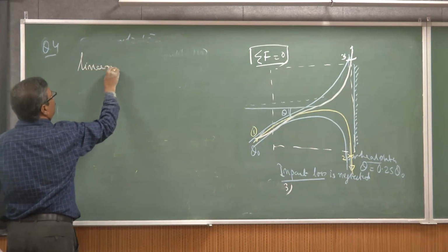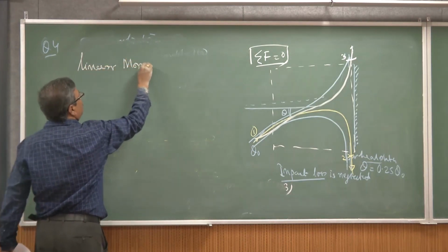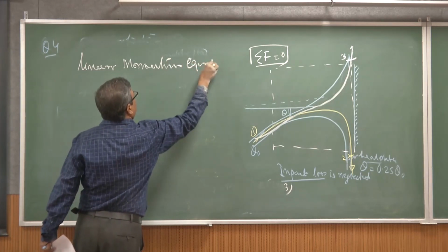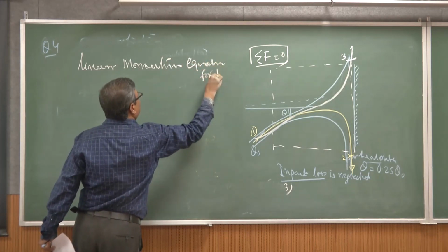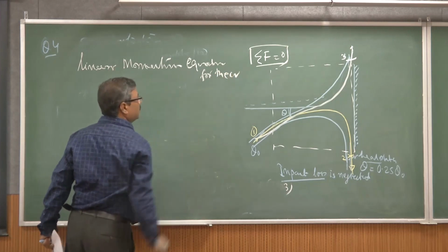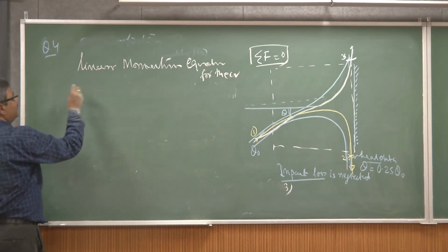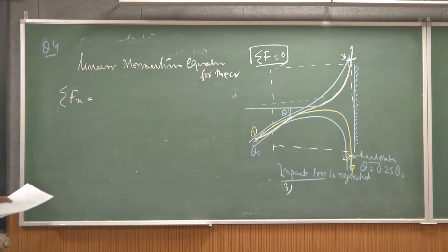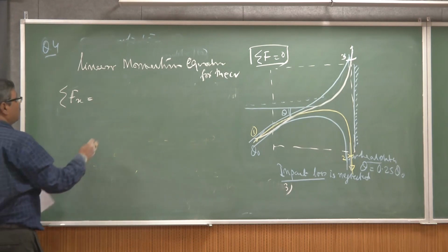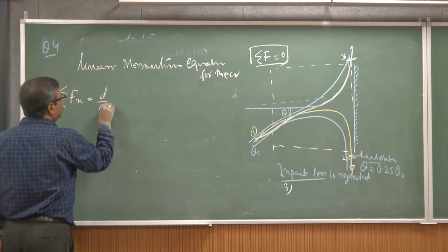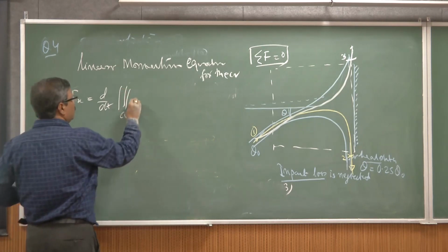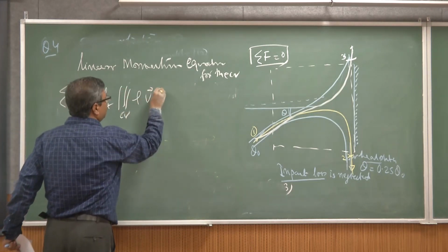Linear momentum equations for the control volume. If you write the linear momentum equations, the sum of the force components acting along the x direction will be equal to d by dt of the control volume rho v